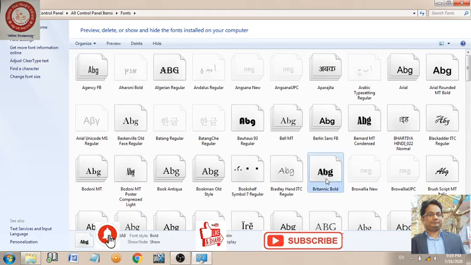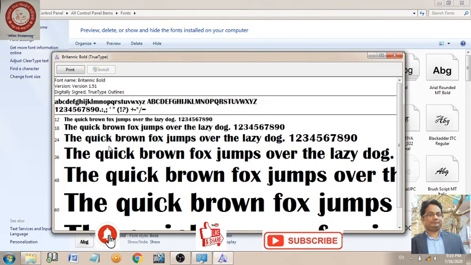So this is the view of your sample, meaning when the changes are done on your desktop, how the font will look. So this is the way to see the font. I will show you how the interface looks after the font setting. Now this is the first thing done: how to view the sample of the font.